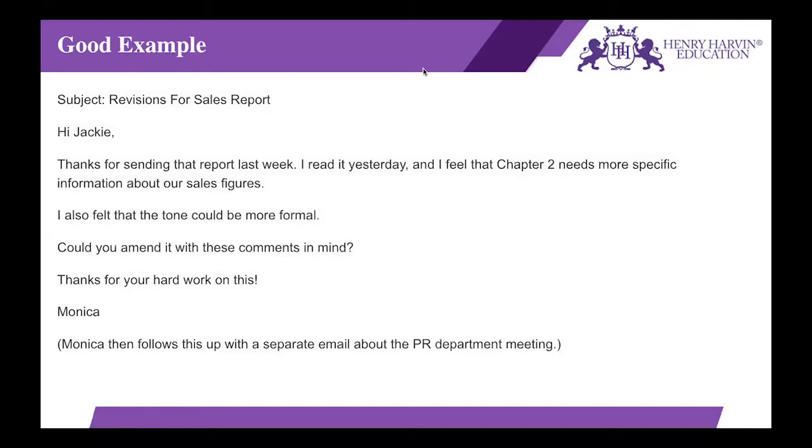If you recall the previous email versus this email, there's a vast difference. Here, we're talking only about one topic, which relates to my report. How is the report? What was it all about? What needs to be added there? And there's a small question as well: could you please amend these? That means we're asking for amendment and for the revised version of the report. Then, "Thanks for your hard work on this," is the closure, and we are closing it with the name.